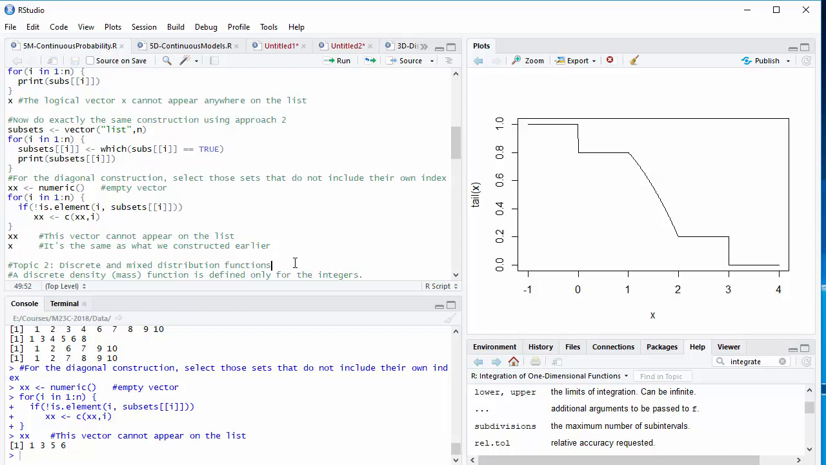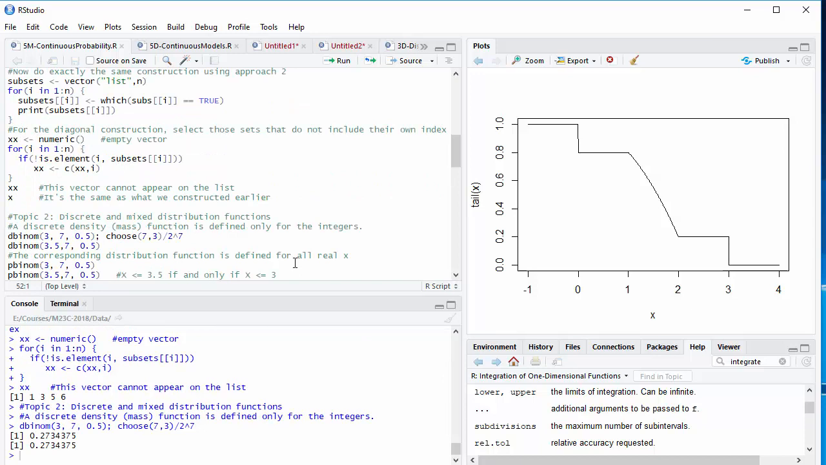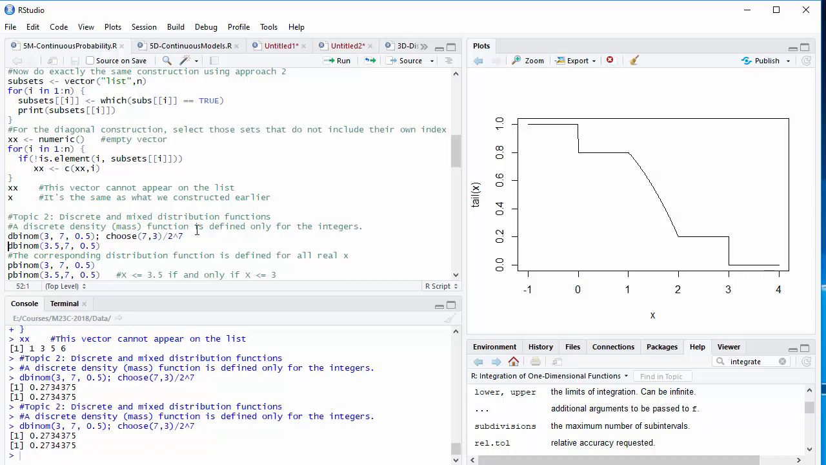Namely, what happens if we try to graph discrete or mixed discrete and continuous distribution functions? For a discrete distribution, like the binomial distribution, I prefer the name mass function to density function. On the other hand, R uses the prefix d, so let's stick with that. And you'll notice that the binomial distribution for n trials with a probability of 0.5